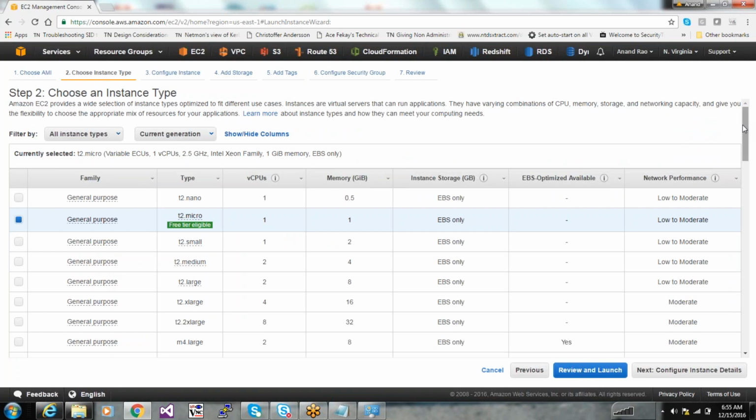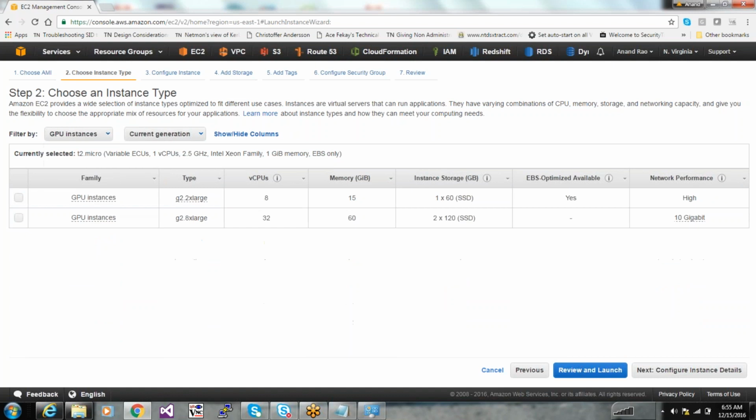From here, you're selecting the resources that you want to supply to the virtual machine. They are categorized under general purpose, compute optimized, GPU instances, GPU compute, memory optimized, and storage. You will get high resources if you select, let's say, GPU instances. They will give you 8 virtual CPUs and 15 gigabits of RAM, and this one is like 32 CPUs and 60 GB of RAM.